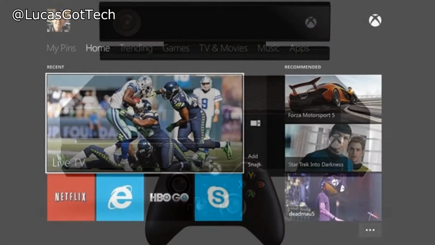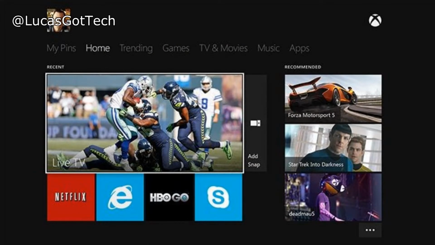So if you're used to Windows 7 or Windows 8, or I think even Windows Vista, you can pin things to the start bar down at the bottom, or the start menu, or to your home page, so that it always shows up. Now you can do that to your Xbox, to your home screen. You can just pin certain things so you can open them up quicker.